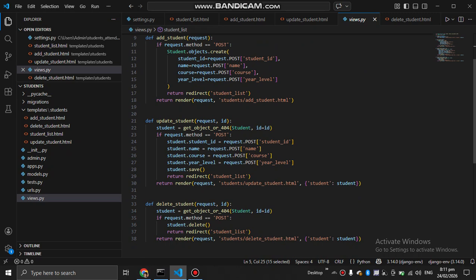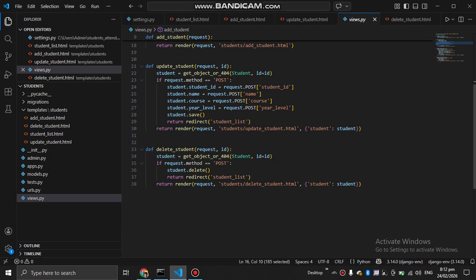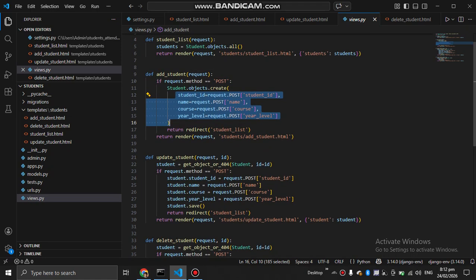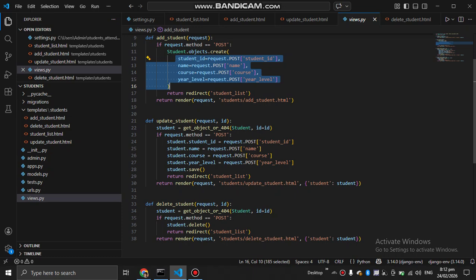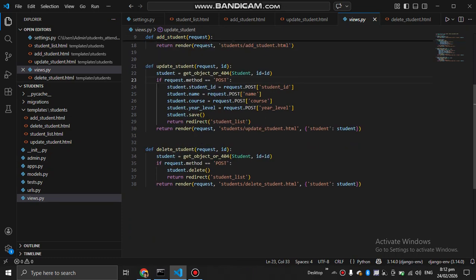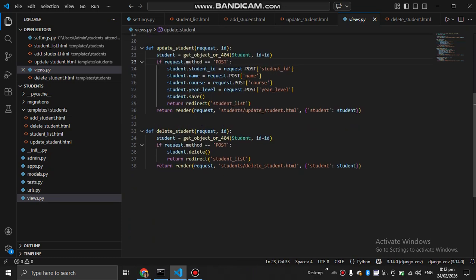The third one is def update(request, id), the same as add student, which stores the data that we input. For the last function, we have delete_student.